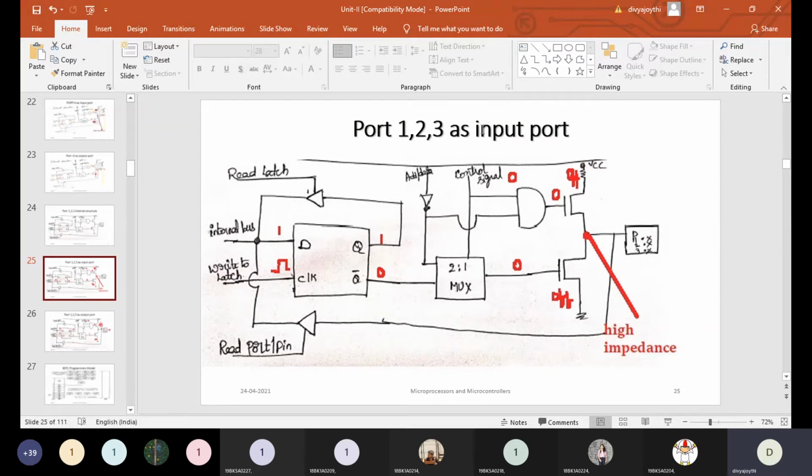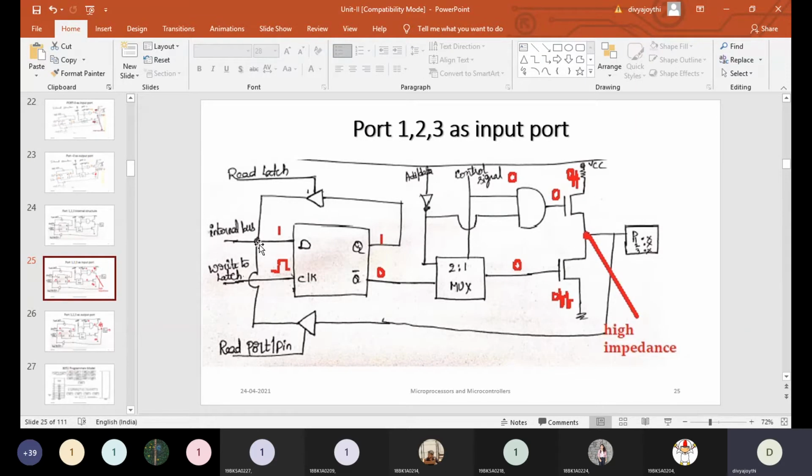Here we are working out the input port, and in the next case we will work out the output pin. So if you want to use the multiplexed pins as IO pins, the control signal value should be 0. When the control signal value is 0, then multiplexed pins can act as IO pins. That can be input or output. Whether it is acting as an input pin or an output pin depends upon the value that you are giving to the internal bus.